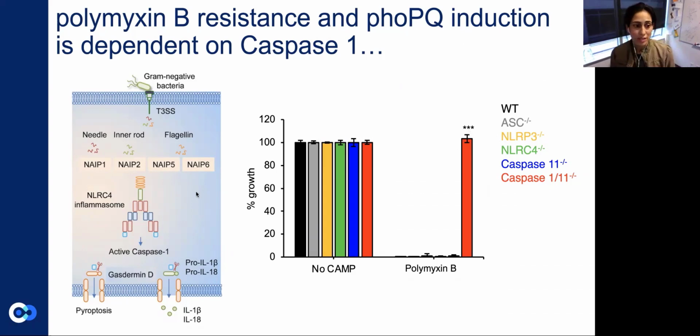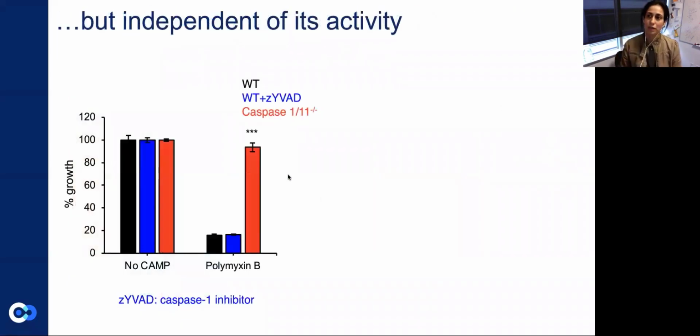And so because we knew that Caspase 1 is activated in response to its cleavage, we asked, what happens if we inhibit activity of Caspase 1, right? Because everything that we see in the literature, or most of it, that is reported for Caspase 1 is dependent on its proteolytic cleavage. That is its activity, because the inactive pro-Caspase 1 is basically believed to be a precursor that kind of sits around in the cell waiting to get activated in response to pathogens. And here we were seeing a phenotype where lack of Caspase 1 was imparting this antimicrobial resistance. So we went ahead and we used an inhibitor for Caspase 1 activity.